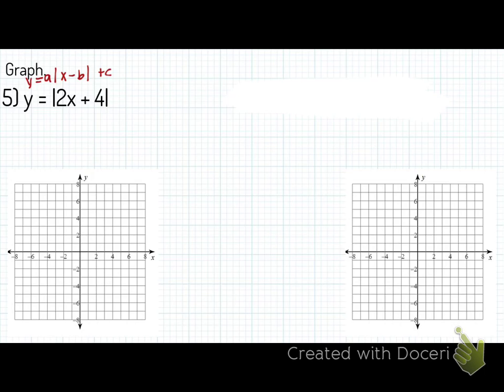Okay, so I don't like this 2 here. How do I get rid of it? I need to factor it out. So we're going to factor out a 2 because I don't want a 2 there. Okay? So when I do that,